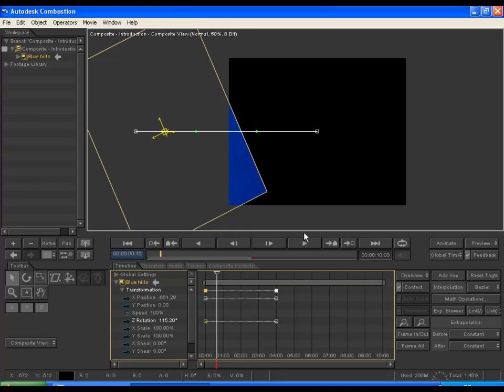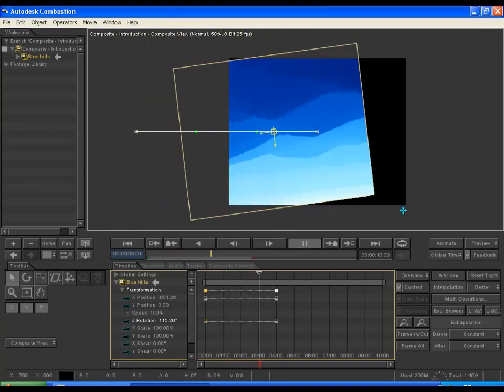Now it's the time to save the project. So how would you do that? In After Effects, you can save